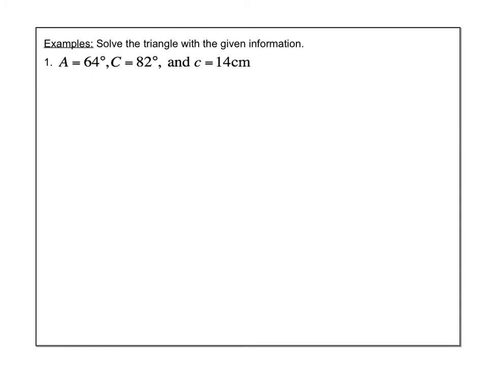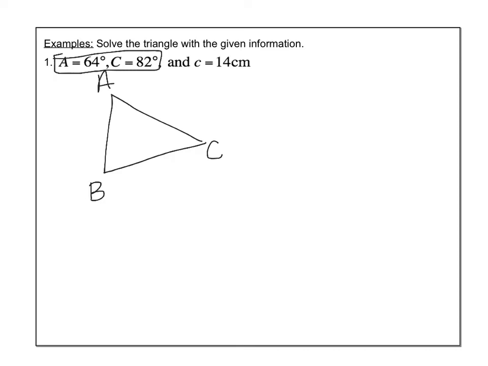All right, so to start this problem, the first thing you actually have to do is draw out the picture. So we're going to draw a triangle. Remember, it's an oblique triangle, it's not a right triangle. And we're going to write in, this is going to be triangle A, B, C. And we're going to fill in everything we know. When you're looking at these first couple, since they're big letters and they have degrees, those are going to go in the angles. So this is going to be 64, and C is going to be 82. The little letter here at the end is telling you the side, and it's actually telling you which angle it's going to be across from. Since it says little c, that means it's going to be across from big C,